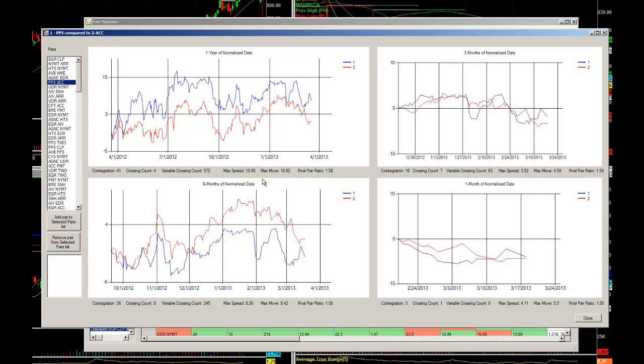The way I can tell this is if you look at the 3 months worth of data, you see how it crosses quite a bit. The 1 month, it crosses almost twice. The 6 months looks like it spreads a little bit, but if you look at the spread, it's not that much. It's only about, the maximum spread is only 8.26%, so that makes a good pair. So if I want to add it to my pairs list, I would just go ahead and hit the insert